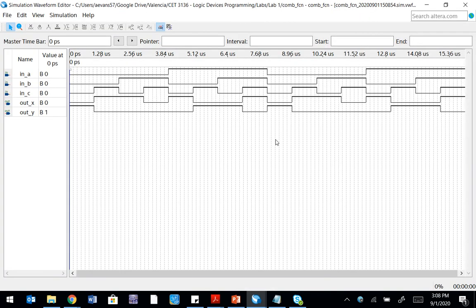And when it's done, a new waveform will pop up on your screen. Notice that A, B, and C are exactly as we designed them to be, and now we can see output X and output Y. Let's go through and compare output X and output Y to our truth table on the first page of the